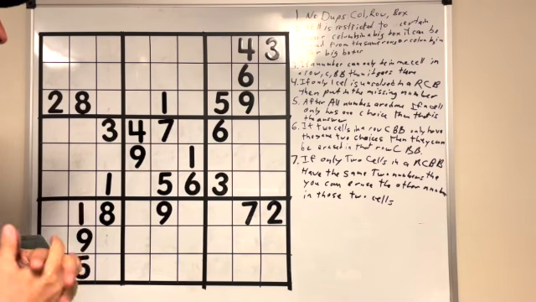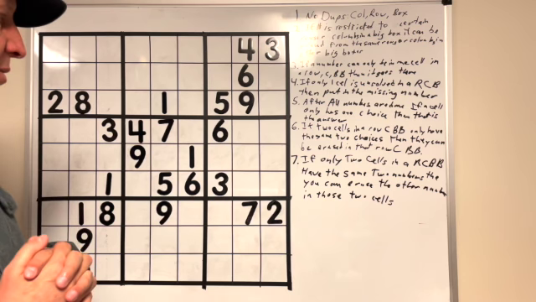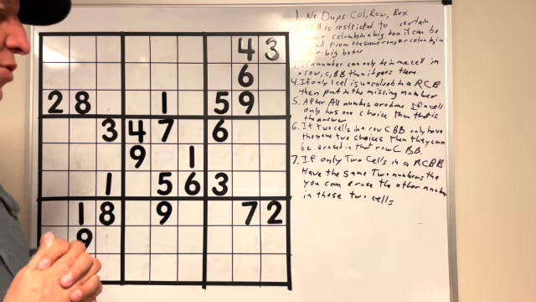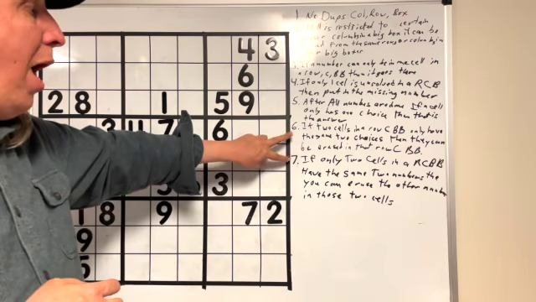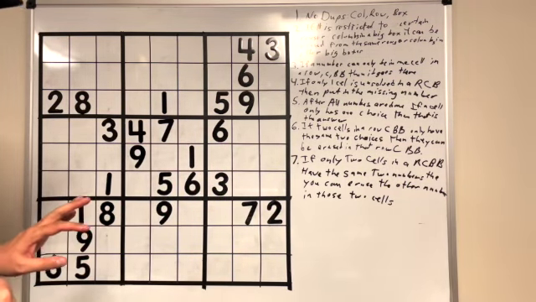And then number 7, if only 2 cells in a row, a column, or a big box have the same 2 numbers, you can erase the other numbers in those 2 cells. So this is the opposite of 6. So let's pretend that we have